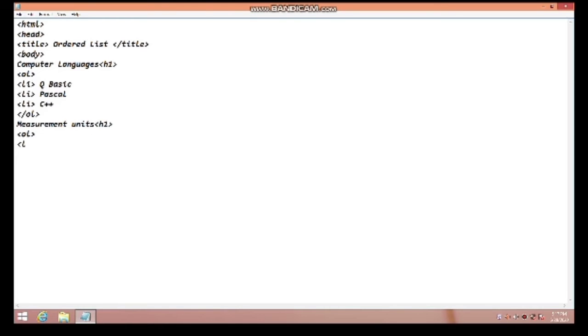Then we give all the list items. We can give bit, right? Now we can give an attribute. Suppose we give the attribute type is equal to, in inverted commas, we'll give a.